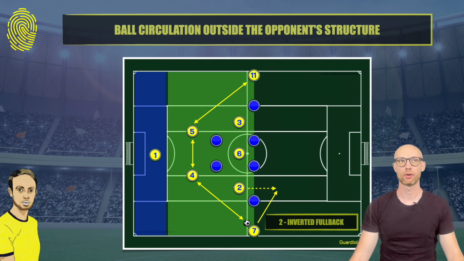However, primarily this player is tasked with operating in the lower half space, creating an additional passing line or drawing